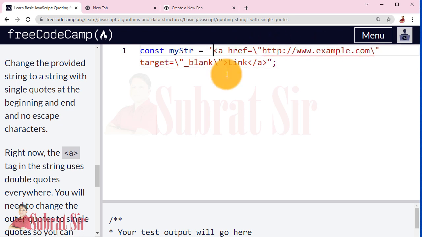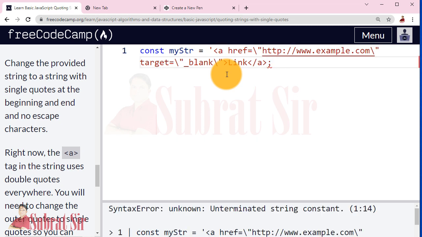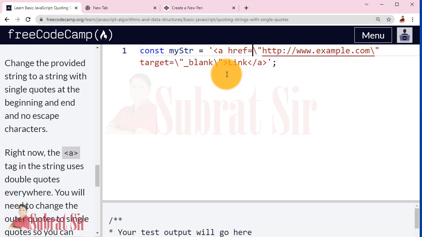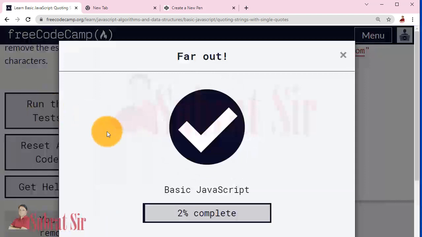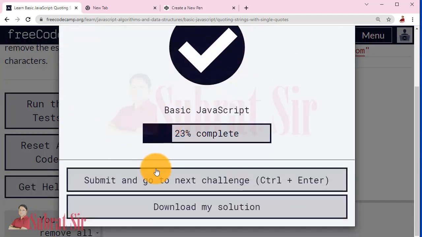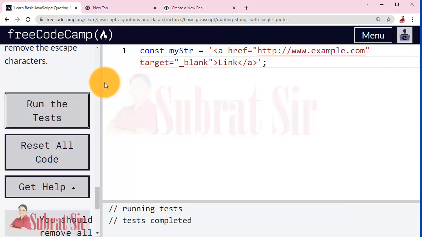So instead of this double quote, we will use single quote. So we can remove these backslashes, because double quote is allowed within single quote. Okay. Now run the test. Submit and go to next challenge.